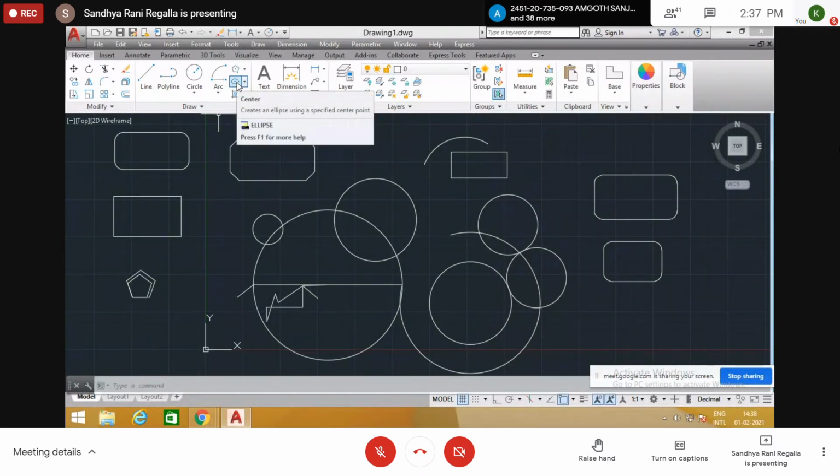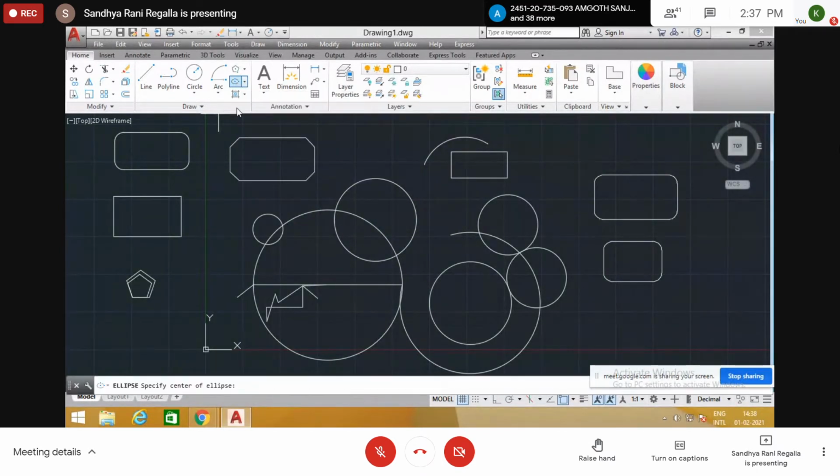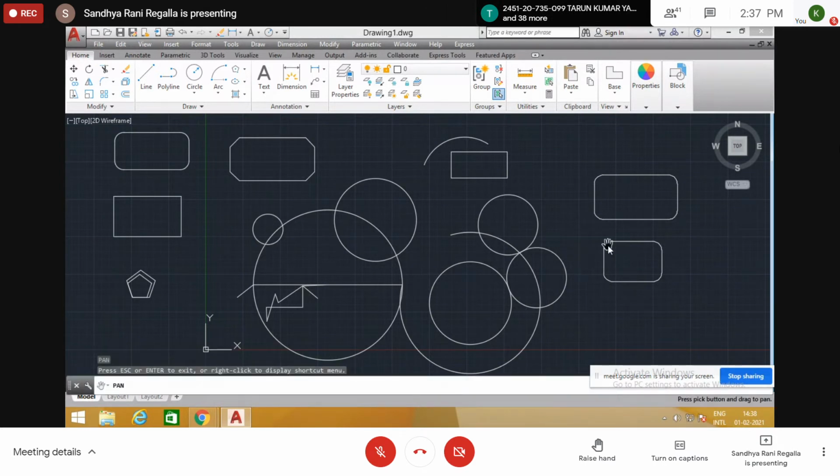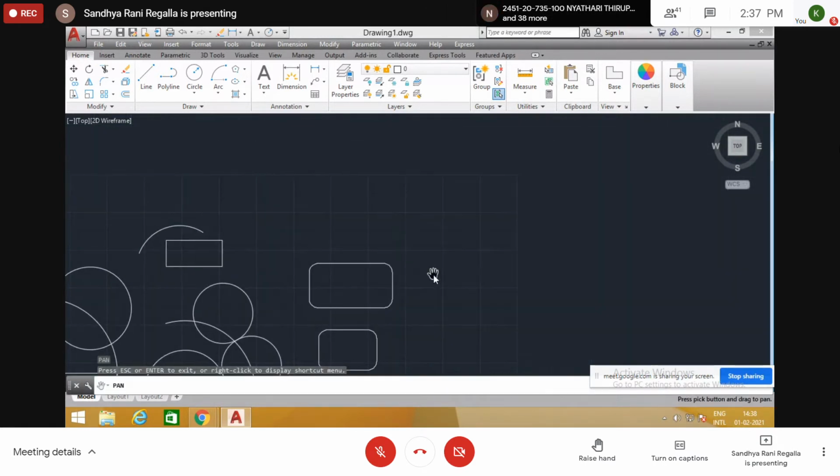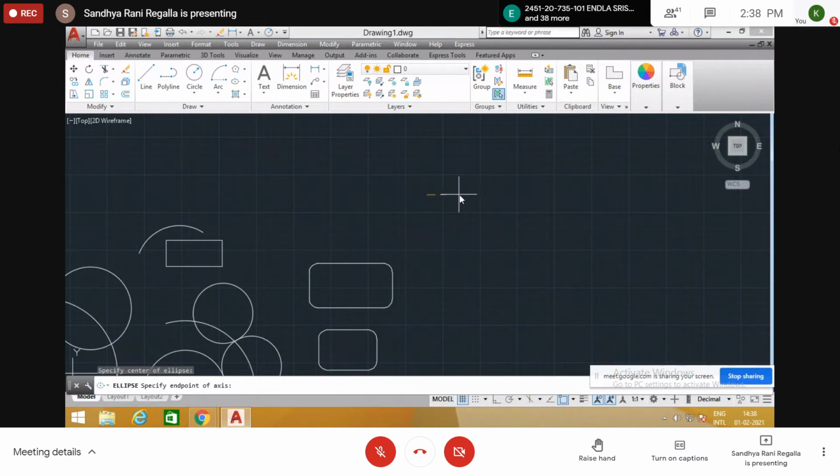Next is the ellipse option. Ellipse means specify center of ellipse. Specify end point of axis, if ortho is on.